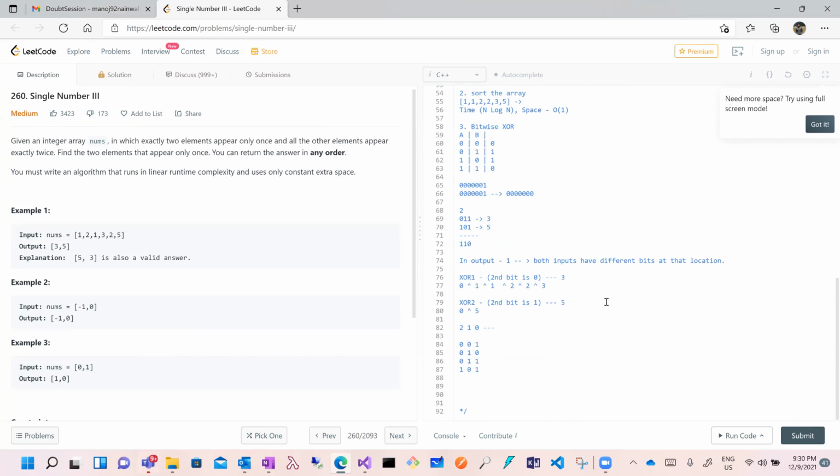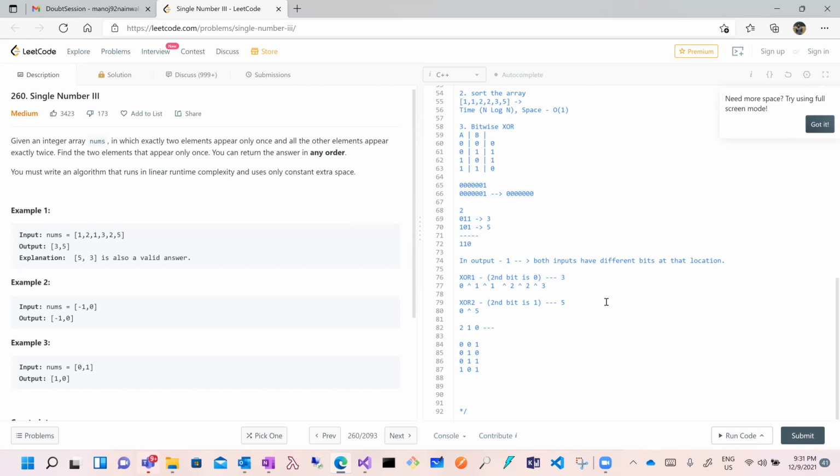Basically, the difference between both the numbers is at the bit where the resultant number has the bit 1. So what he's trying to do is separate the numbers in the original array based on the bit value in that particular position, so that 3 has bit 0 at position 2, and 5 has 1 at bit position 2.